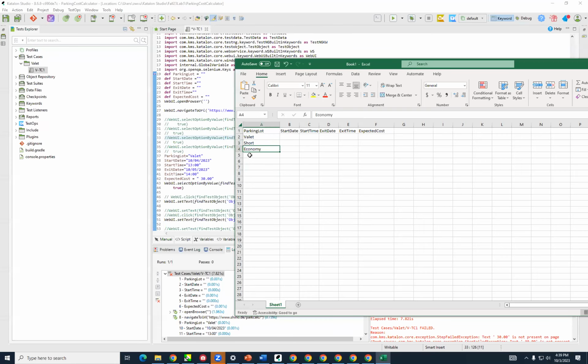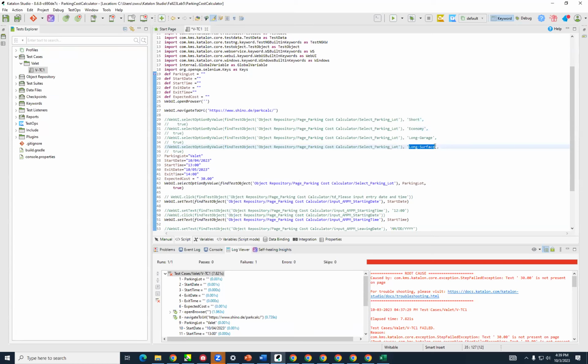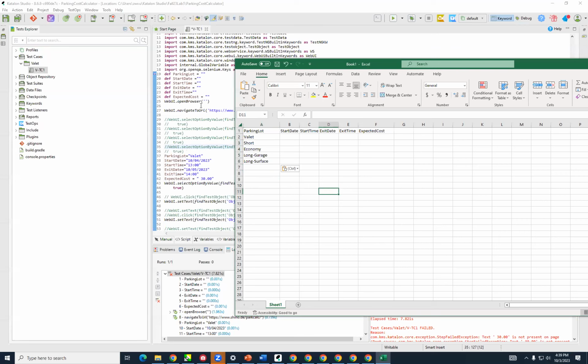Long-term garage is long dash garage. Long-term surface is long dash surface. Yeah, so here I just put all the data here. And then start date, we